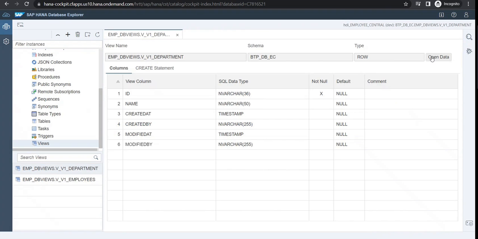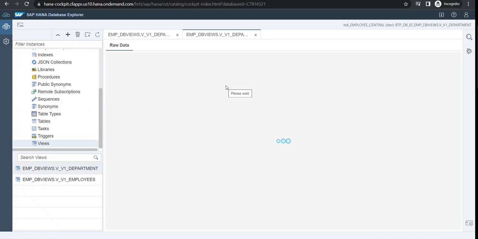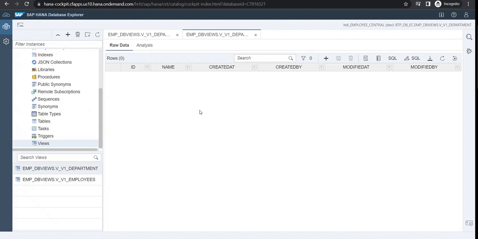I'll just say open data over here. One way. I'll also give you another way. There are two ways with the help of which I can play around with the data in my data explorer. One is a wizard based manner. So this is my wizard. Okay, if I want to create something, I'll just say